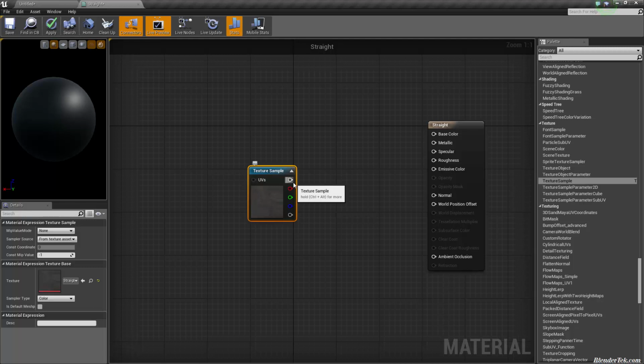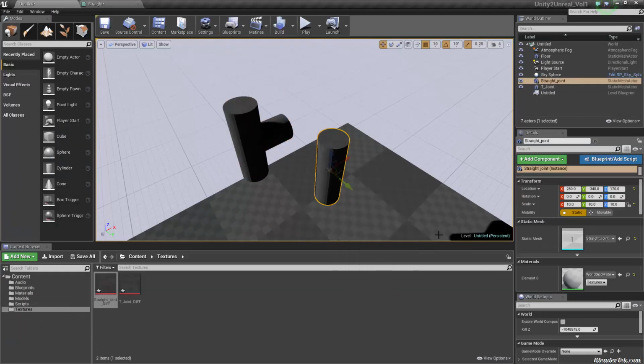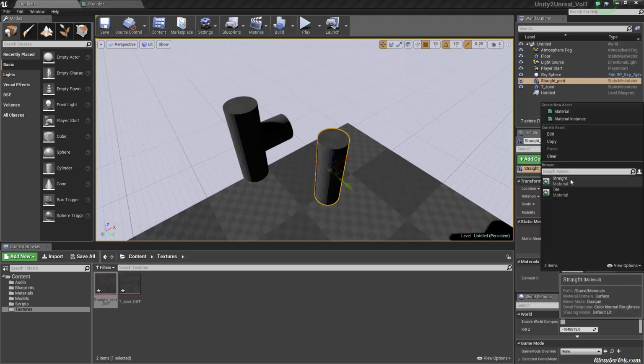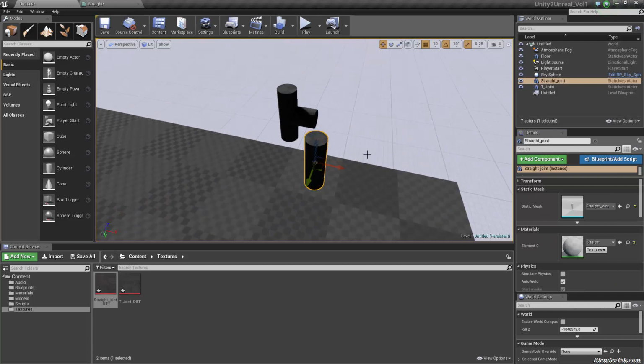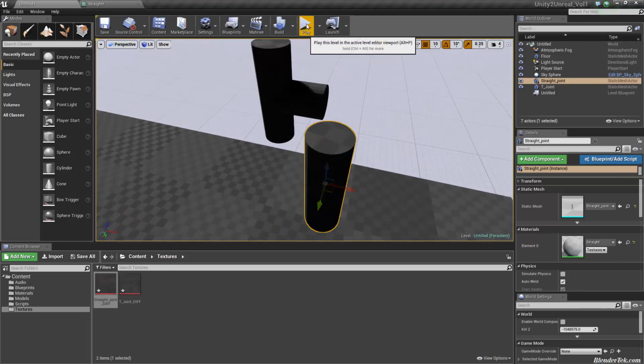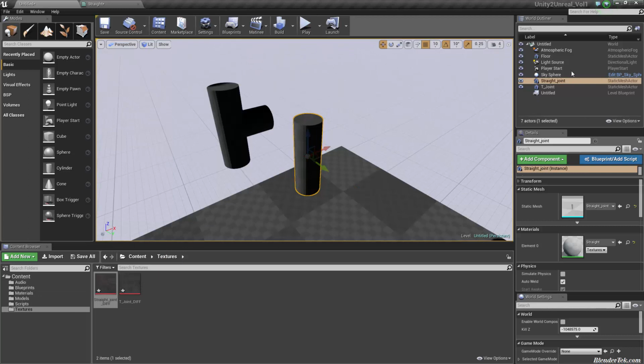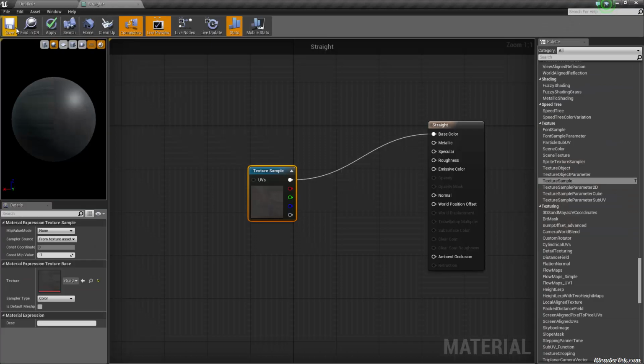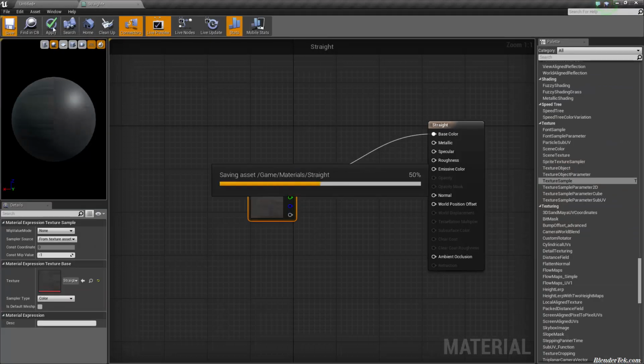So all I do is I connect the output white to white, and it gives me a preview of what it should look like. So let's see if it works. I will need to apply this material now. So I'm going to choose material straight. And does it need to recalculate it, or did I just do something wrong? Let's see if I can figure out what it is. So I've got my straight joint. It's got my straight material, but it's not showing me my previews properly. It's not showing up here either. Oh, maybe I need to save it.